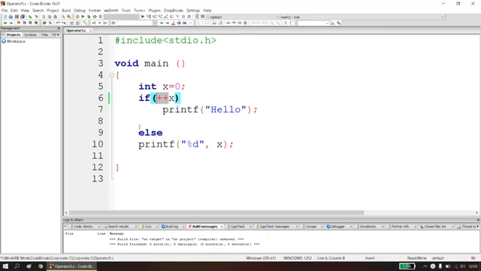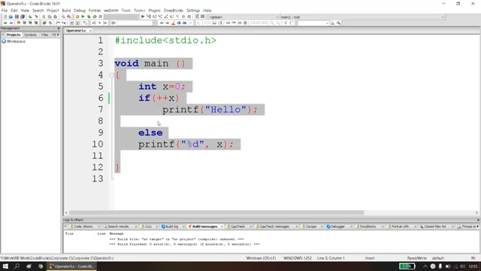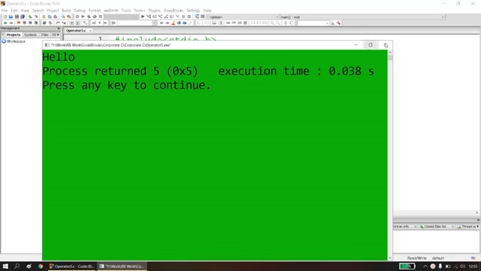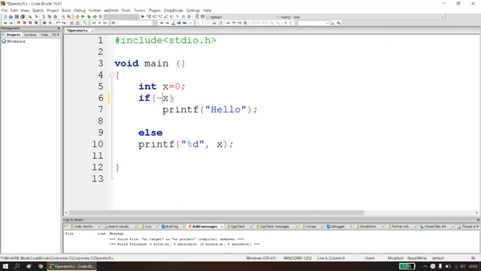So what we understand in this particular program is the operator, which is the pre-increment as well as the post increment. If you want, we can still extend it to minus minus x, which is going to get a non-zero value because it is a negative value. So again, hello is going to be printed, but unlike